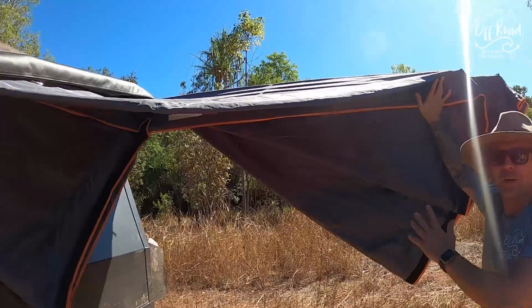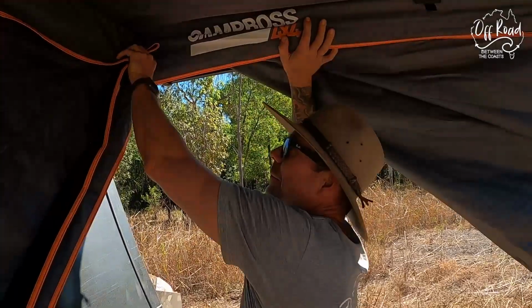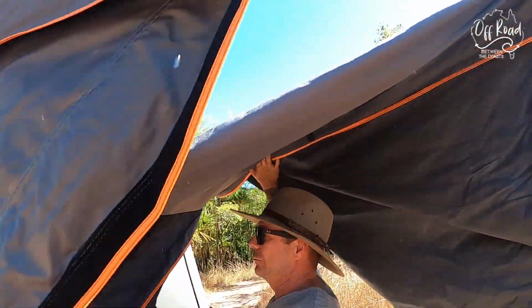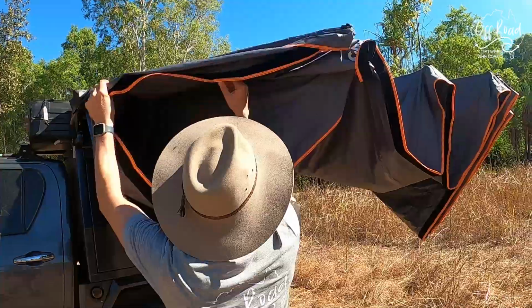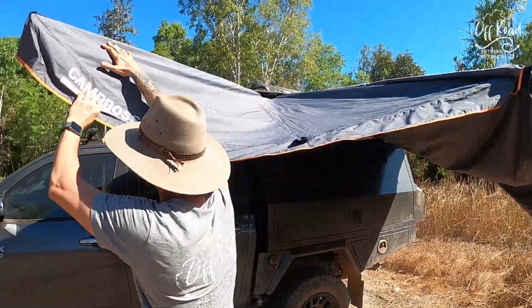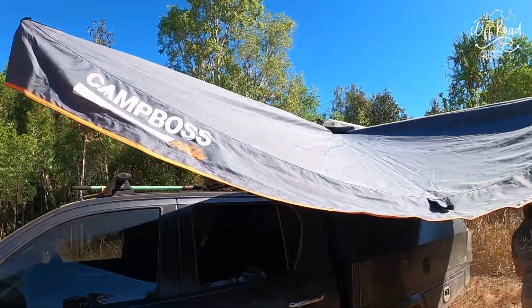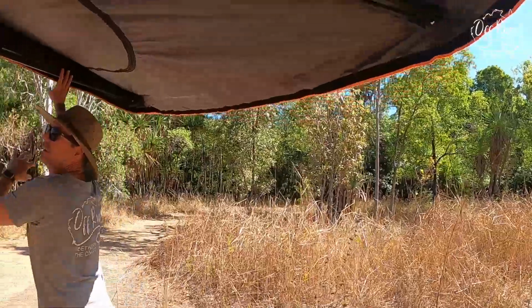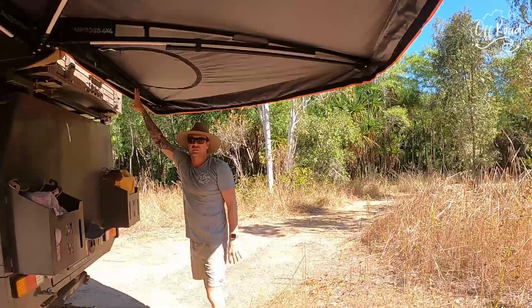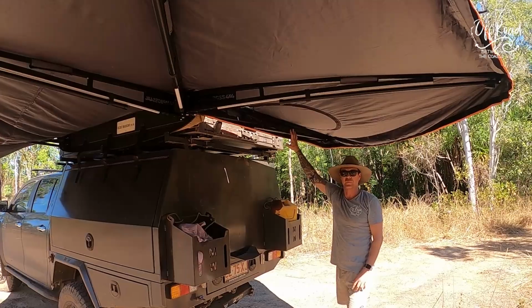it pretty much comes out 90 degrees to your car, and then you've got to come in and grab, there's 2 more sections that come out. So 1 comes out, 2 comes out, and then this one pulls all the way around. Both ways. So that's the basic setup, and what I'll do, I'll go and grab the ropes and then we'll tie